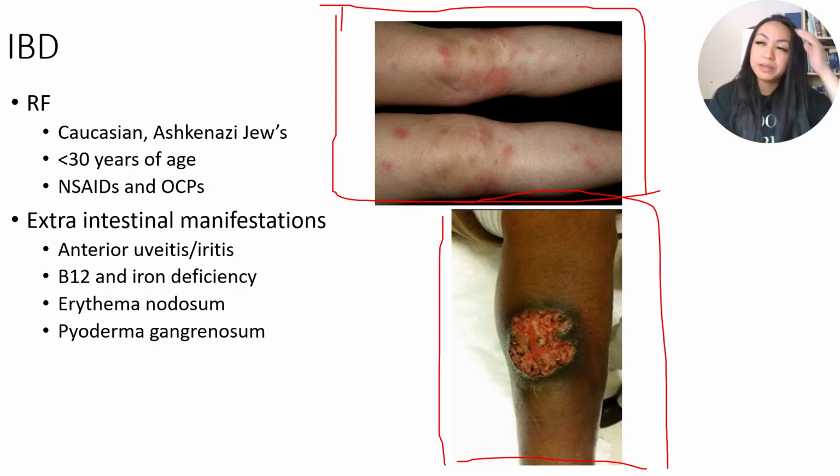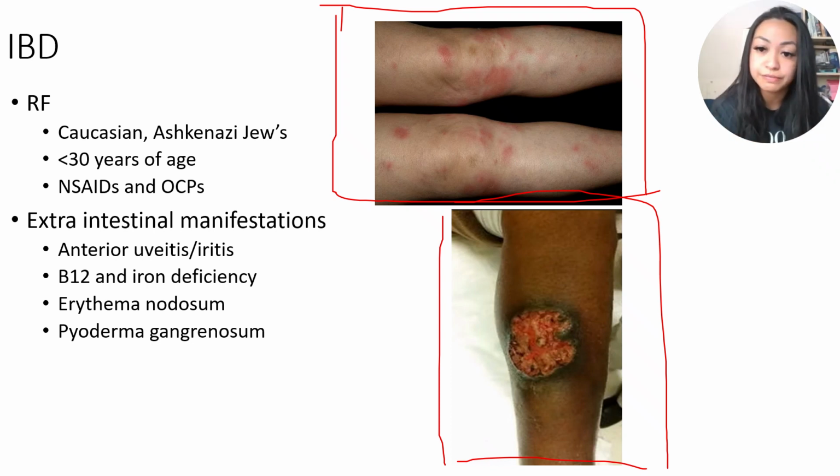So again, just to recap, IBD, in terms of risk factors, Caucasians, in terms of age, it's usually the younger generation, so less than 30 years of age, and medications or contraceptive pills and NSAIDs would put you at risk of IBD. And it has extra intestinal manifestations, so it can affect the eyes, causing anterior uveitis or iritis. It can have dermatological manifestations, so like pyoderma gangrenosum, this painful ulceration in the leg that can lead to necrosis, and erythema nodosum, which is the